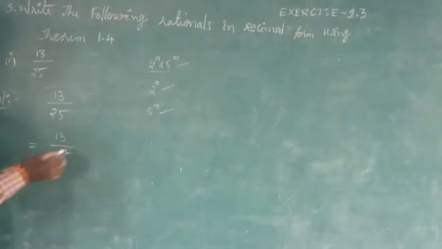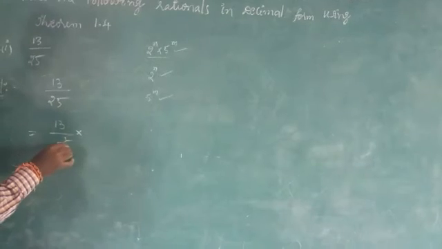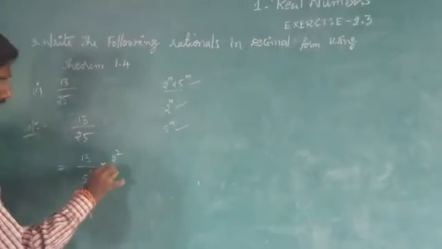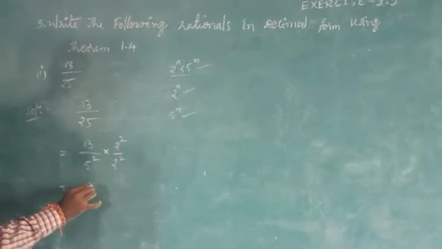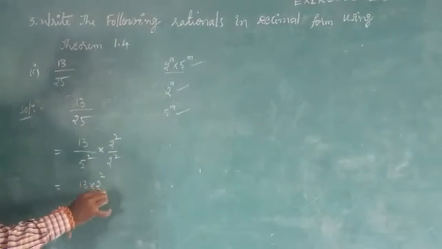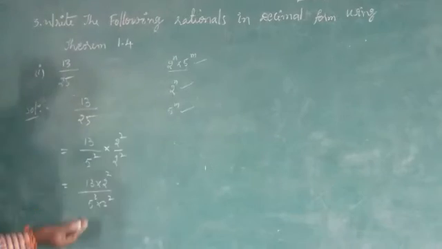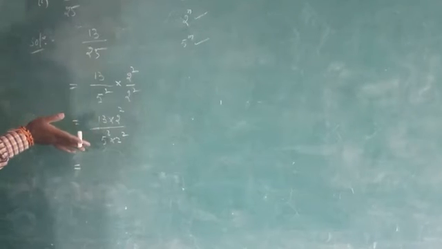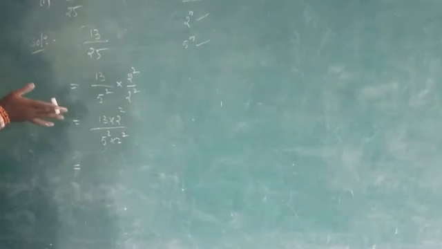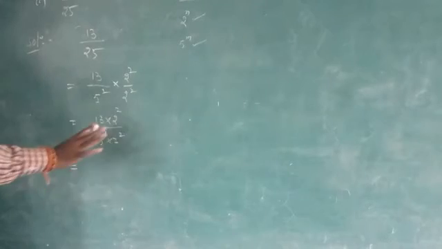See, I told you in the previous problem. Similarly, here 5 square is there. That's why I am multiplying and dividing with 2 to the power of 2. So what can you write? 13 into 2 square by 5 square into 2 square. Here there is no need of the normal calculation. I am writing directly, because in the second problem I explained the total process, which is the same. That's why I am writing directly.